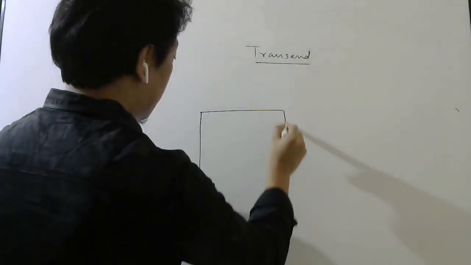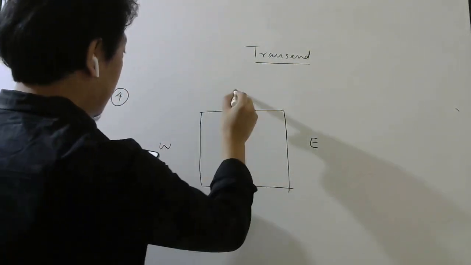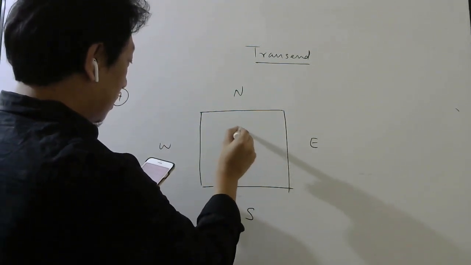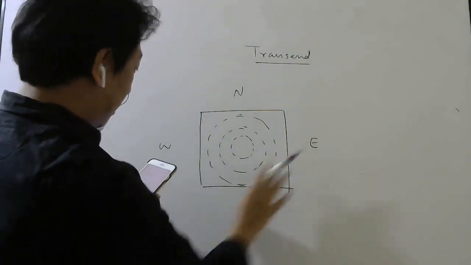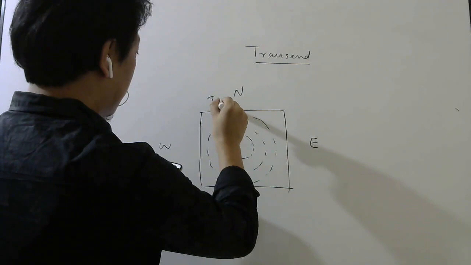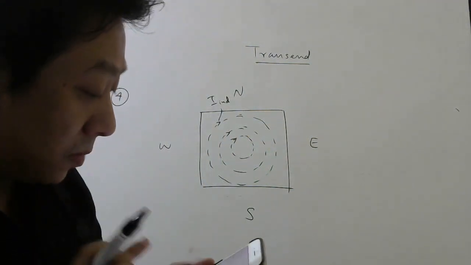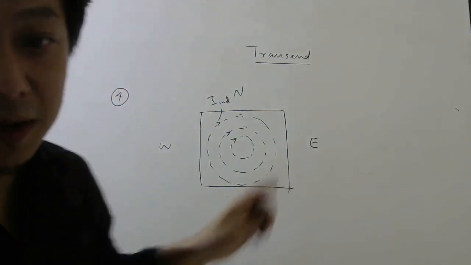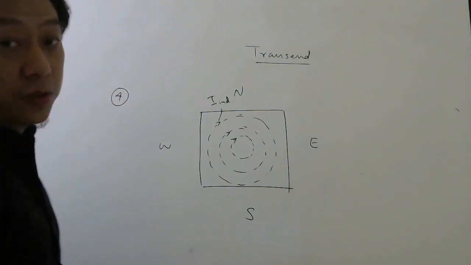So this is your metal sheet. Here is east, here is west, here is north, here is south. Now they have shown you induced currents. These are your eddy currents basically. It's a metal sheet, no? So these are your induced current. And remember they told that the magnetic field is increasing from 0 to maximum. Whatever magnetic field is applied is increasing from 0 to maximum. So which way we should apply it, they are asking.